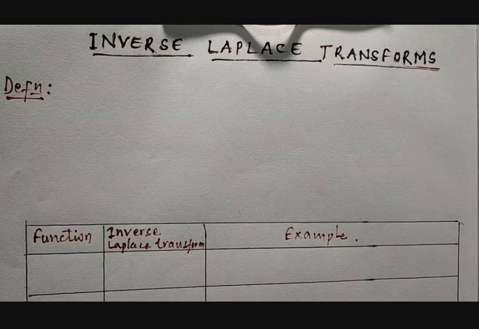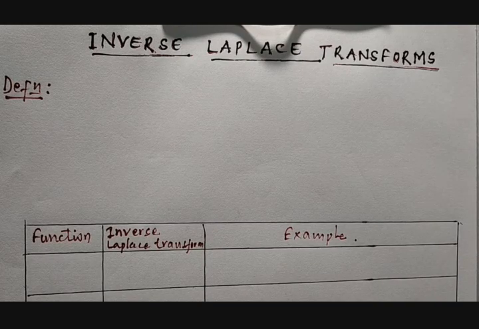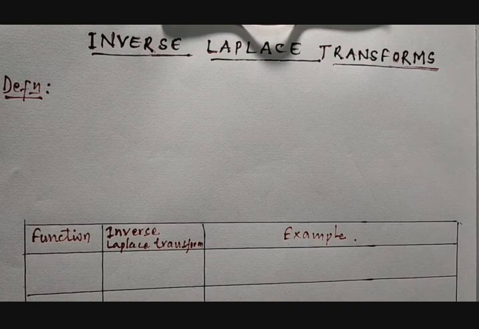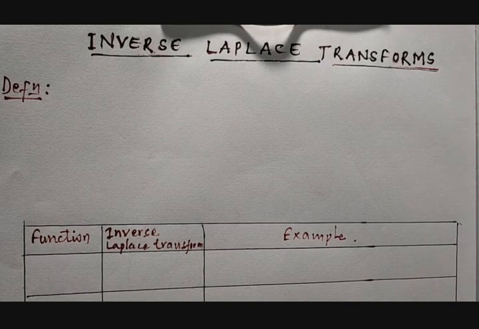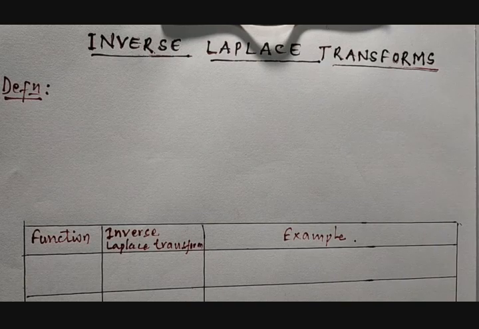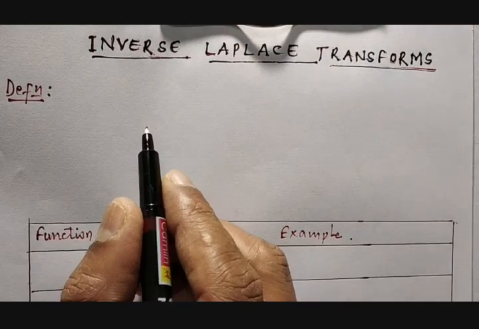Today, we are going to discuss an important concept, that is inverse Laplace transform. Already, we discussed Laplace transformation in the previous classes, where we understood how the transformation takes place through a Laplace of a given function. It may be an arbitrary function or any other function. So now we are going to discuss how the inverse Laplace transformation occurs and how it works on different functions. First we'll discuss the definition of inverse Laplace transformation.